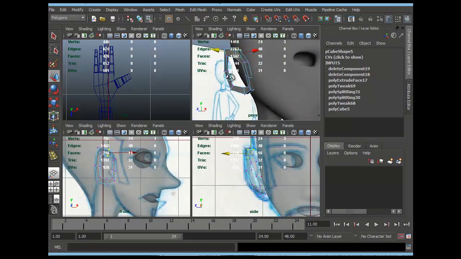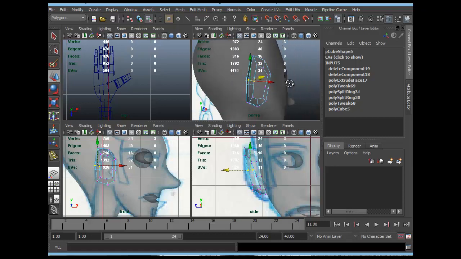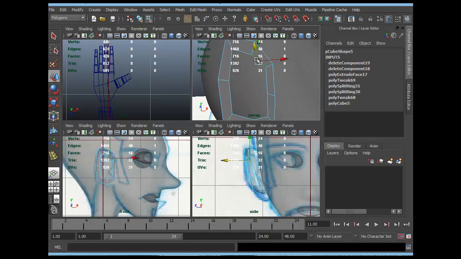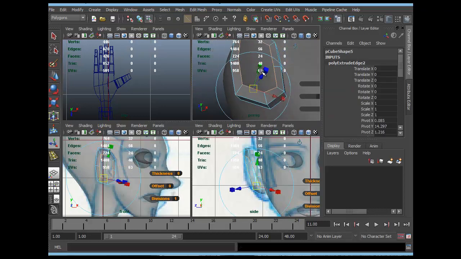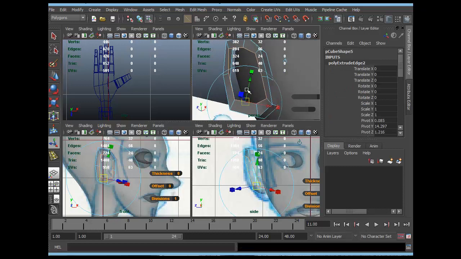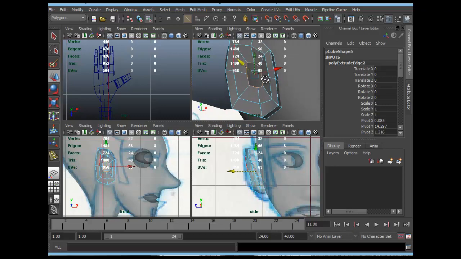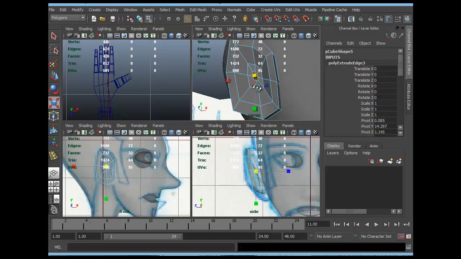Okay, so basically for ears, you can see that the top ones will be a little bit pushed out and the bottom ones will be going further in. Now we can select all these edges that are inside, extrude, make it smaller, make it go in, further extrude, make it smaller,